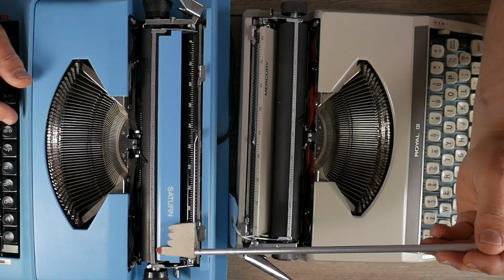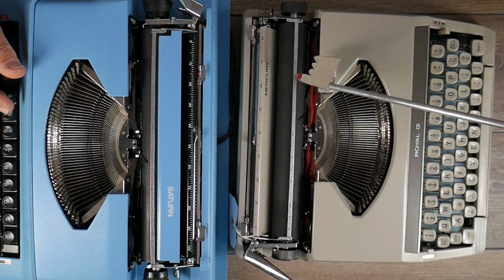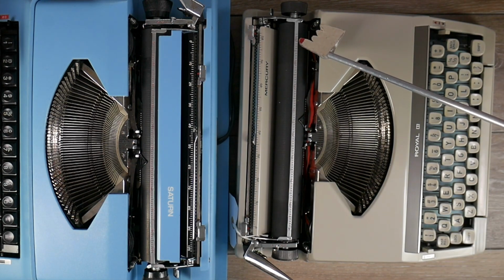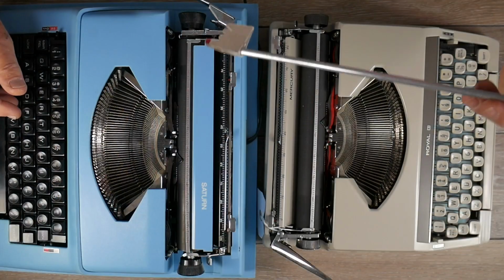And both of these machines have the same width of platen, but the Mercury is a pica and the Saturn is an elite typeface, so the numbers on the scales are different. The Mercury goes up to 82, the Saturn goes up to 101. And also the